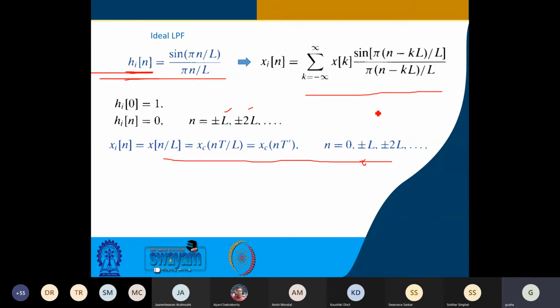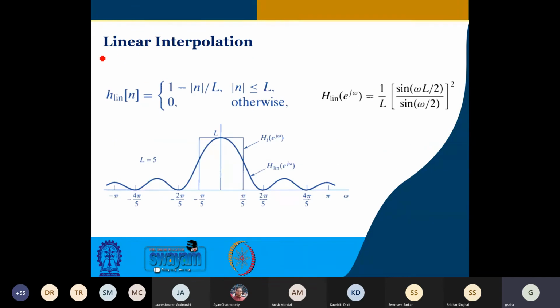So while this is one way of looking at it, since you are actually doing an interpolation, which is asking for samples from -infinity to +infinity, you might truncate it, or you can use other kinds of low pass filter. There are approaches where people used an interpolation unit sample response, which is something like this. This is called linear interpolation.